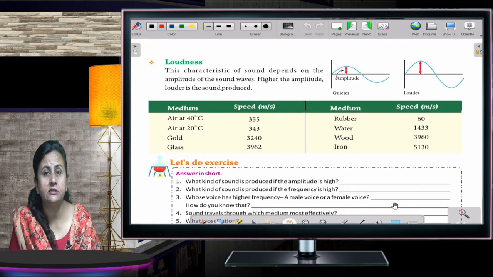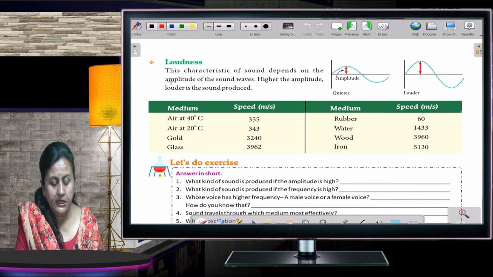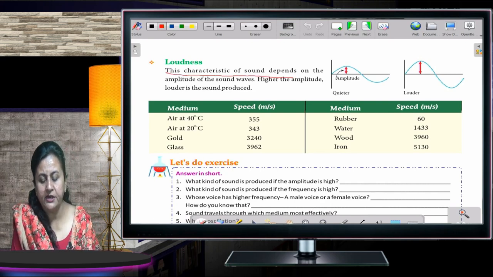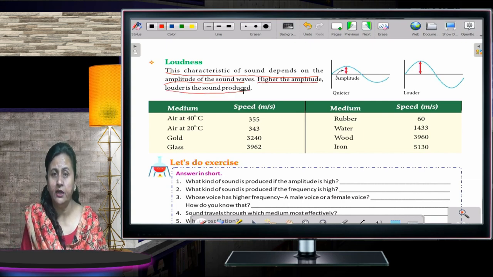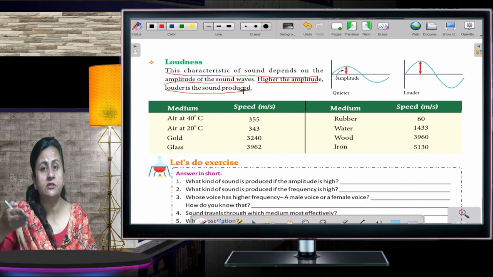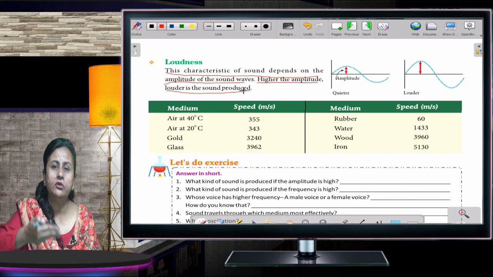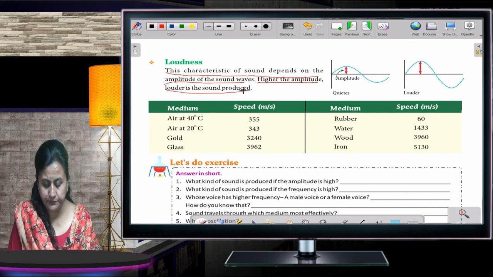loudness. What is loudness? Okay. This characteristic of sound depends on the amplitude of the sound waves. The higher the amplitude, the louder is the sound produced. Okay, loudest means how strongly. So, okay, the more the amplitude, the more is the loudness. Okay, now,